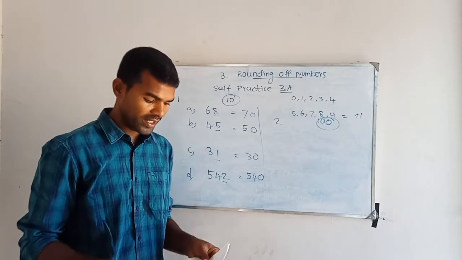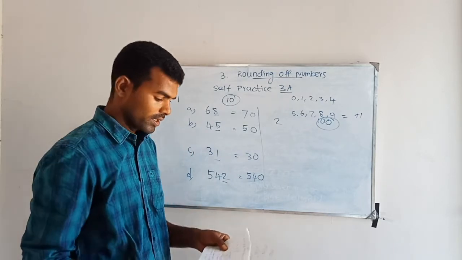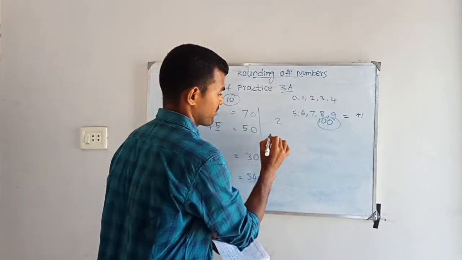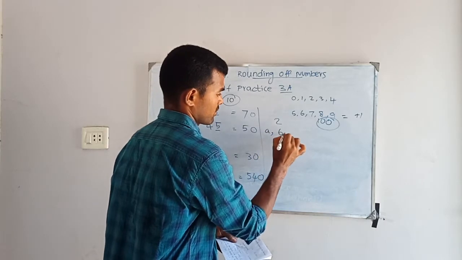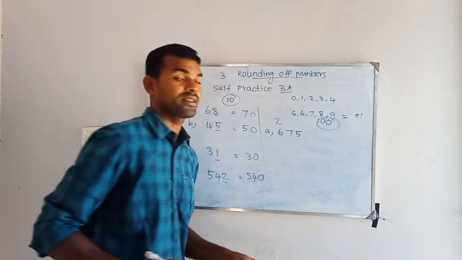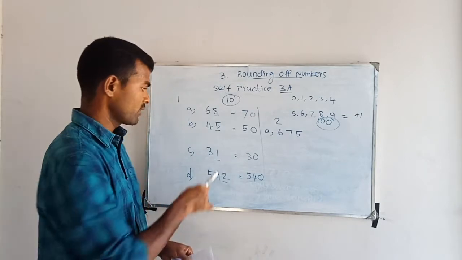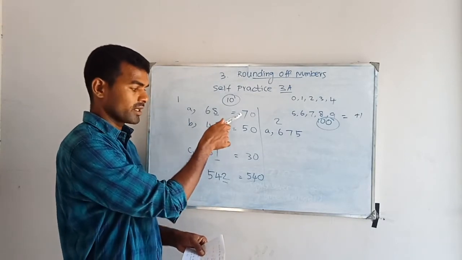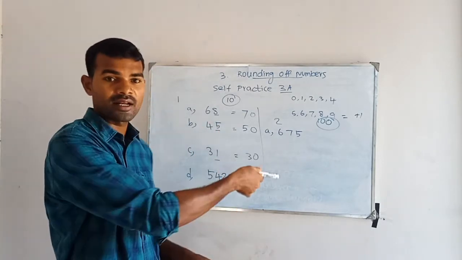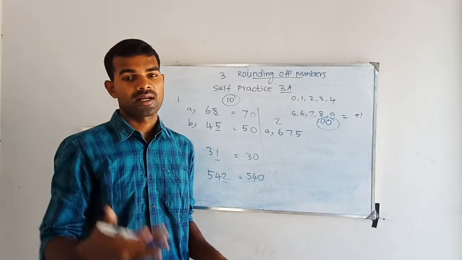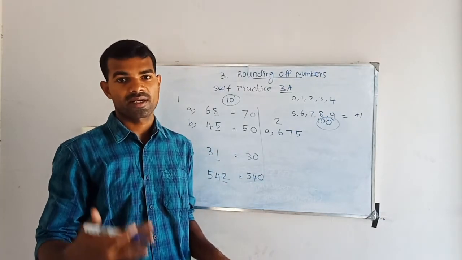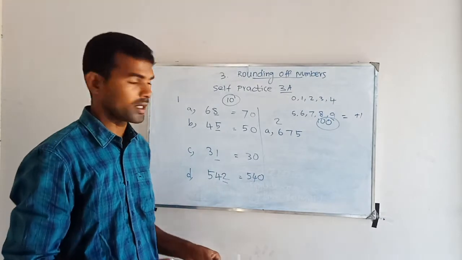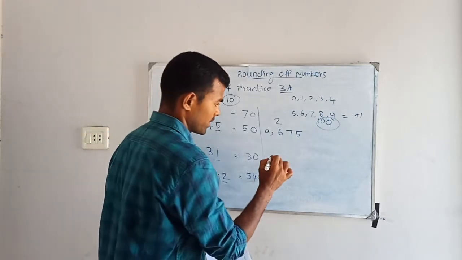Second question, find the nearest 100. A, 675. So what is the nearest 100? Here we saw that nearest 10 means a multiple of 10. Nearest 100 means a multiple of 100: 100, 200, 300, 500, 900, like this. Okay, multiple of 100. Then B is